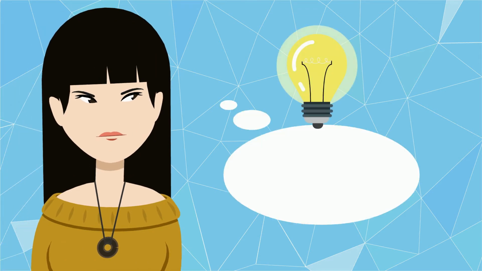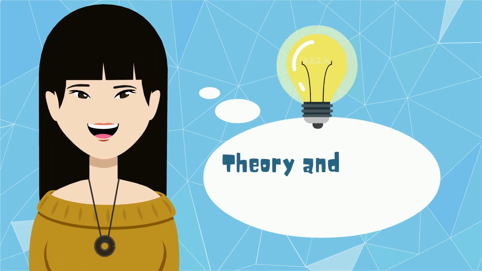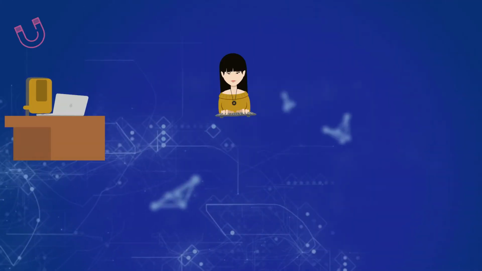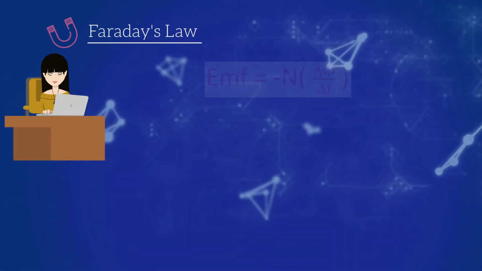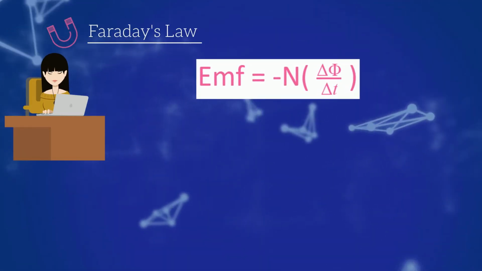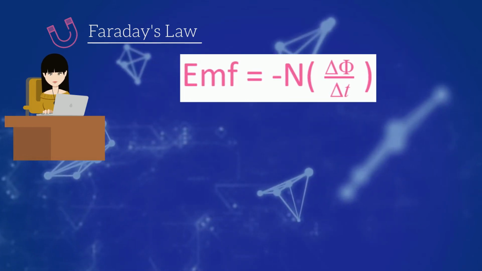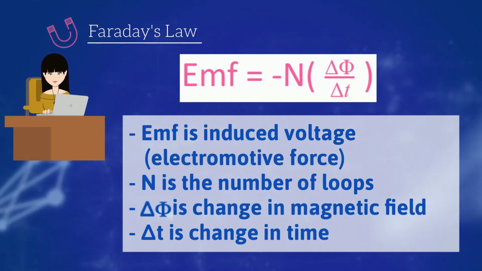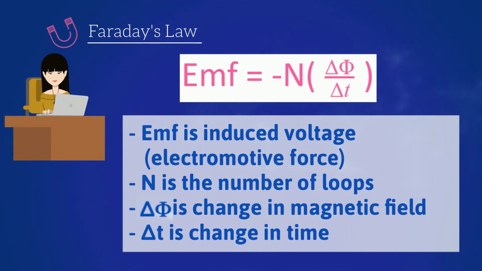Moving on to the next part, we are going to explain the theories and laws of electromagnetism. The first law in this chapter is Faraday's law. The magnitude of the induced EMF can be determined from Faraday's law, which is the equation above. N is the number of loops, delta phi is the change in magnetic flux, and delta t is the change